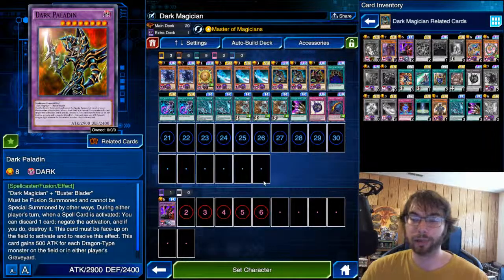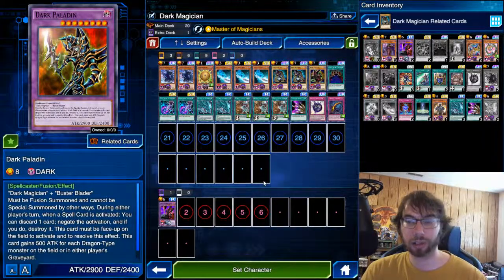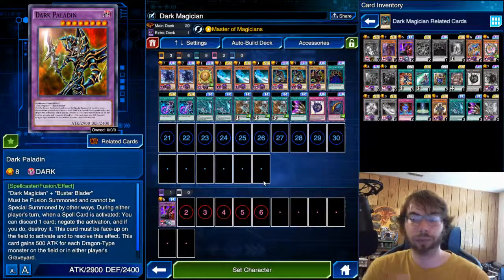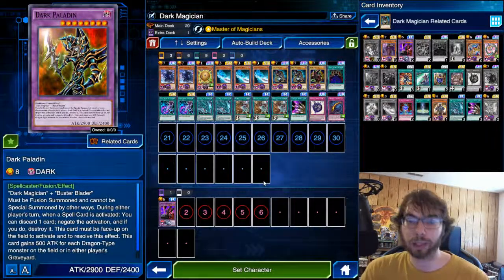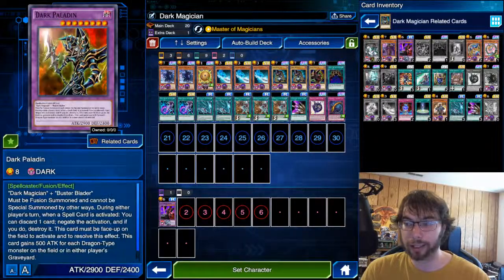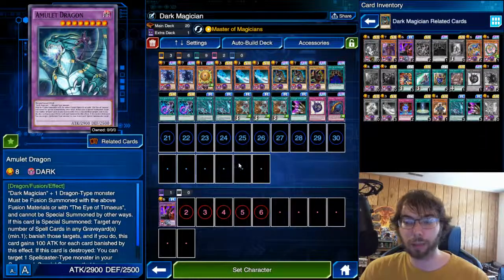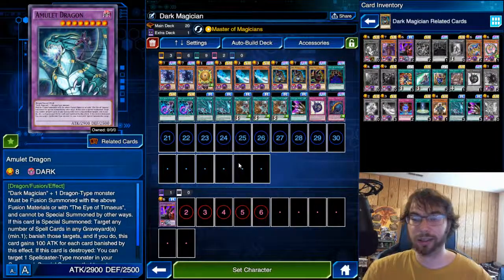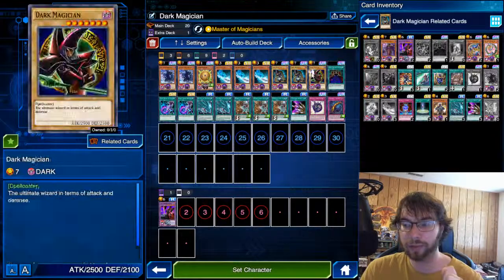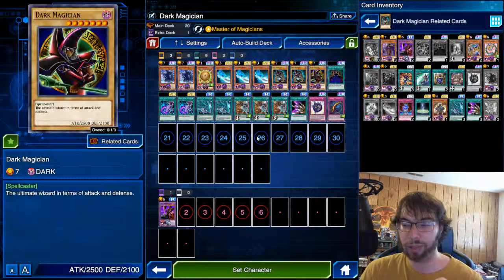So even if your opponent is searching a ton of Red Eyes fusions, just nope, negate, bam, pretty much dual one from there. So that'll be pretty nice. These two cards combined, I think, will make this deck pretty powerful. I'm not quite sure if it'll rise up to defeat our current meta kings right now, as again, there's a little bit of a consistency problem, but in terms of power, I think it has the